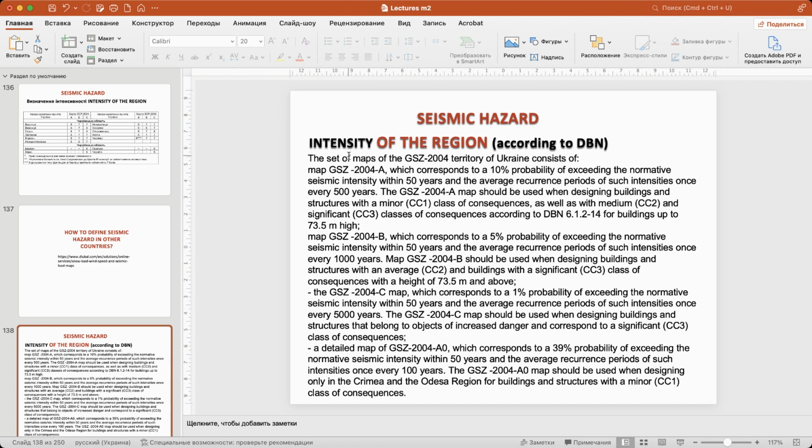So if we are using map A, we are taking into account the intensity once per 500 years, and if we are using map C, we are taking into account the strongest earthquake per 5,000 years. And also we have a detailed map